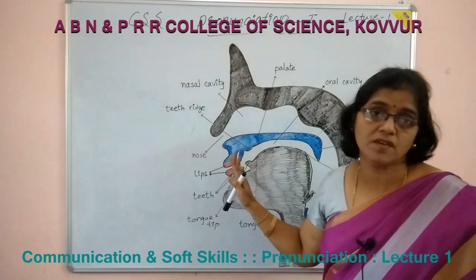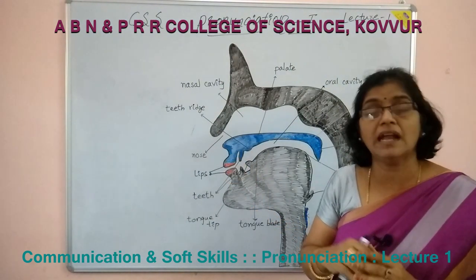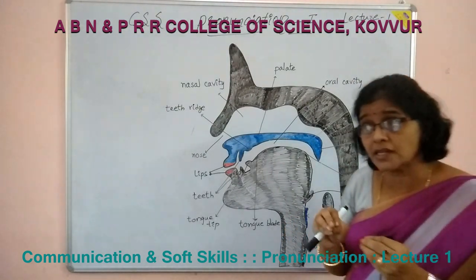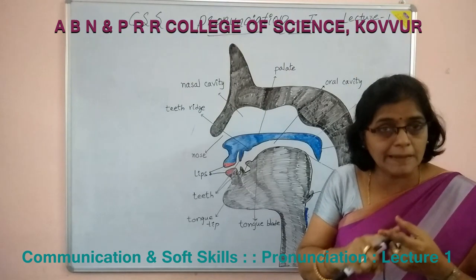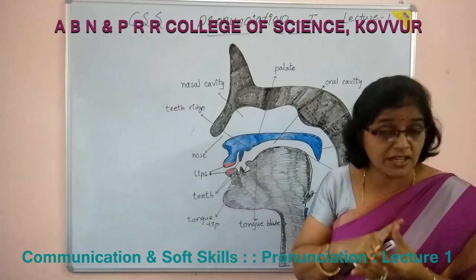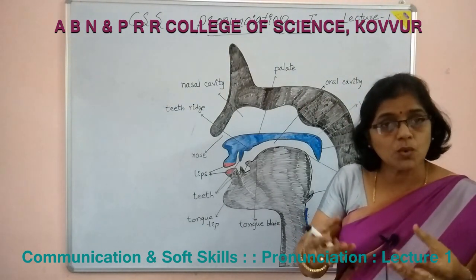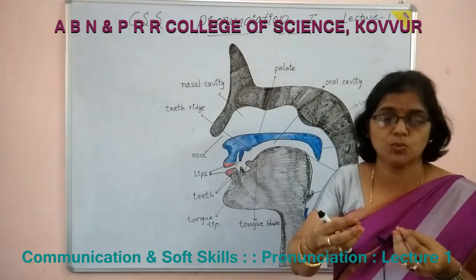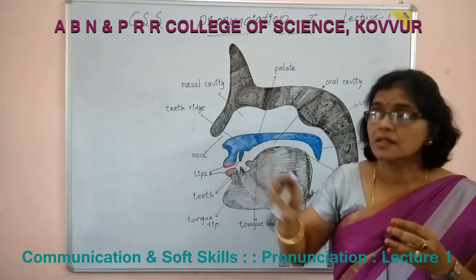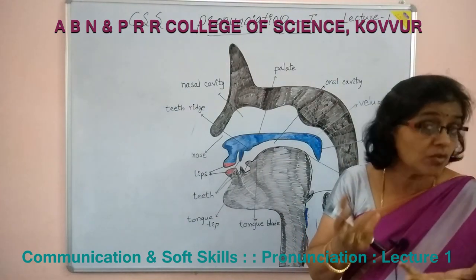There are two types of sound articulators. One is active articulators and the other is passive articulators. What are active articulators? Active articulators are the lip, tongue, blade of the tongue, front of the tongue, and back of the tongue. It means those which are capable of moving. We can move our lip, the lower lip. So, that is one example of active articulators, capable of movement.